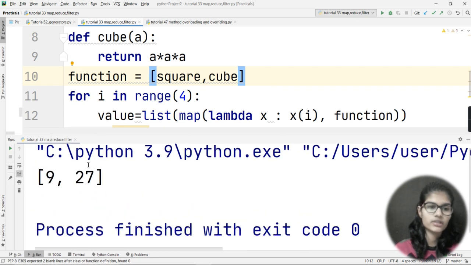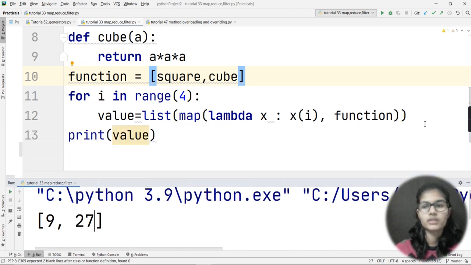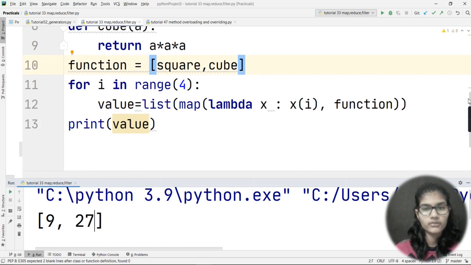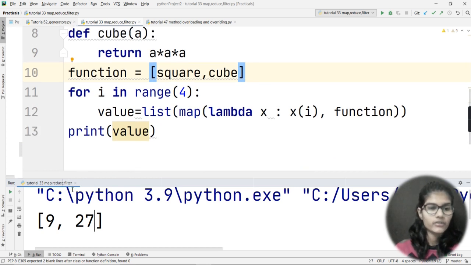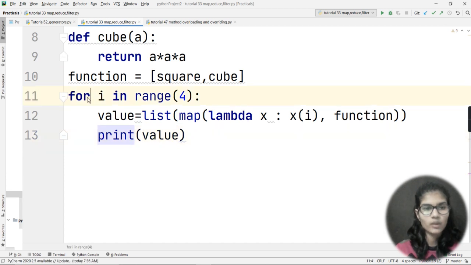See what I just got here. I just got the values as 9, 27. Fine. So this is the whole idea about using this cube and return functions. Now if I just take this print inside this class,